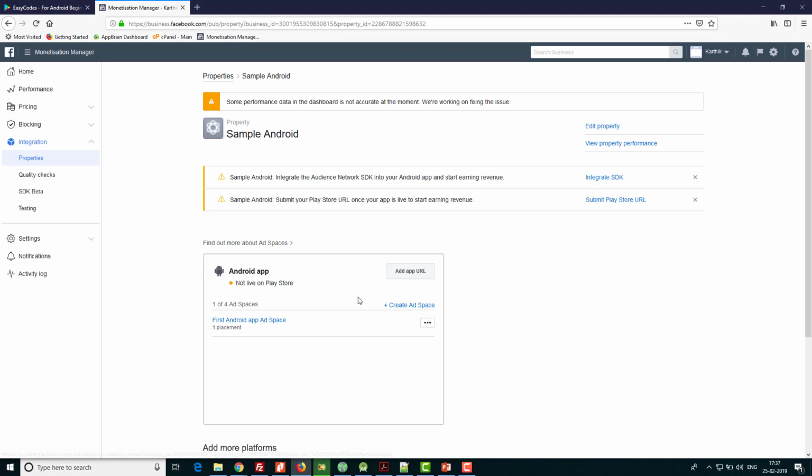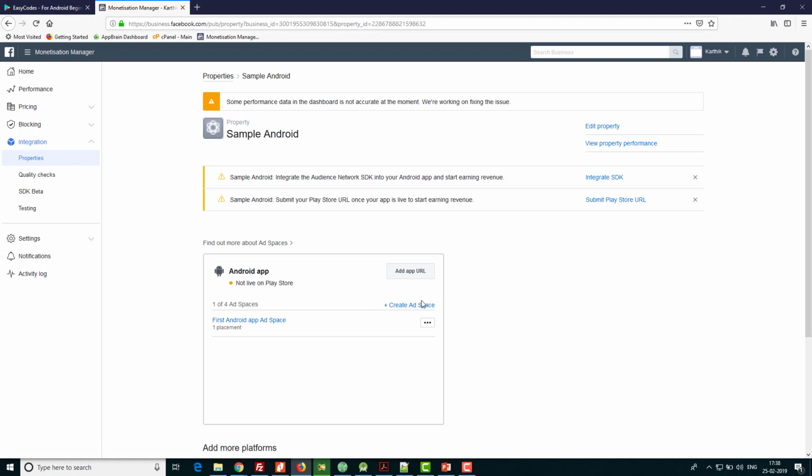An ad space is different from ad IDs, because ad IDs are for things like banner ad, interstitial ad, native ad. But an ad space is a screen on which you are showing these ads in your app. That means if you create an ad space for a home screen, inside that you can create one banner, one native, one interstitial, and all of them will be shown in a single ad space, whether it is the home screen or any other fragment or class, whatever it may be. They all belong to one space, that is an ad space.